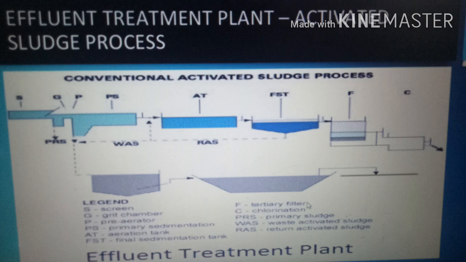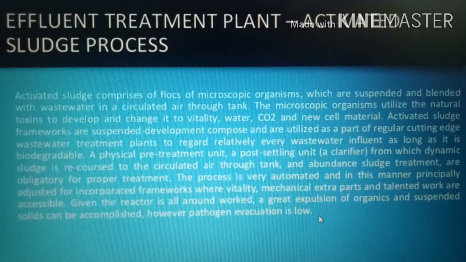In an ETP, the activated sludge process comprises floc-forming microorganisms which are suspended and mixed with wastewater in an aeration tank. The microorganisms use the organic pollutants to grow and change them into energy, water, carbon dioxide, and new cell material. Activated sludge systems are suspended growth systems and are used in most modern wastewater treatment plants